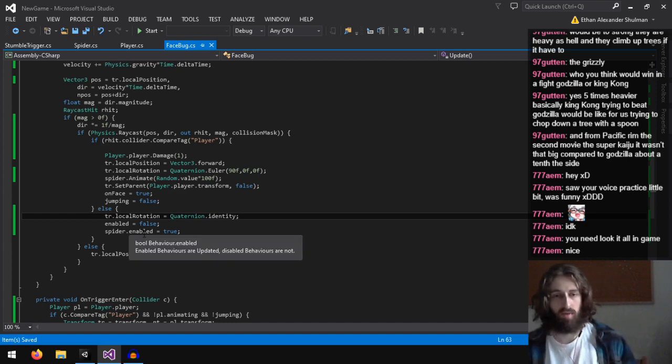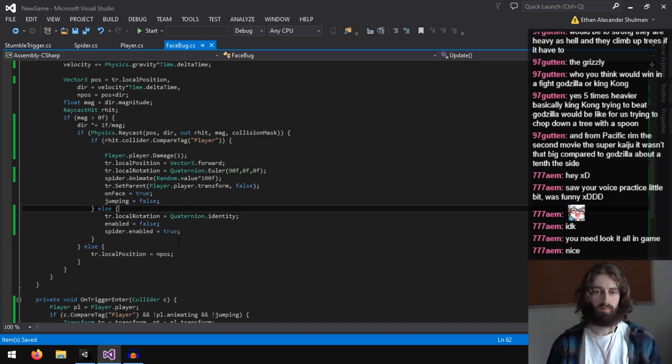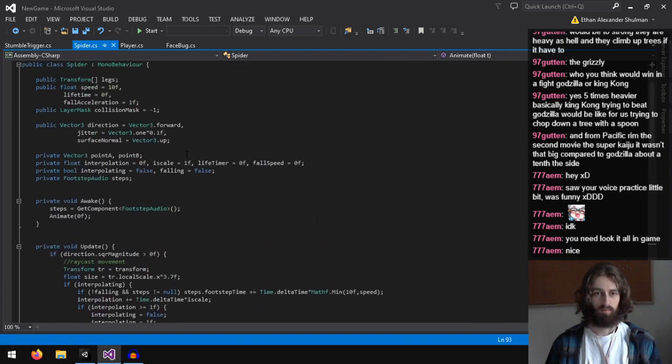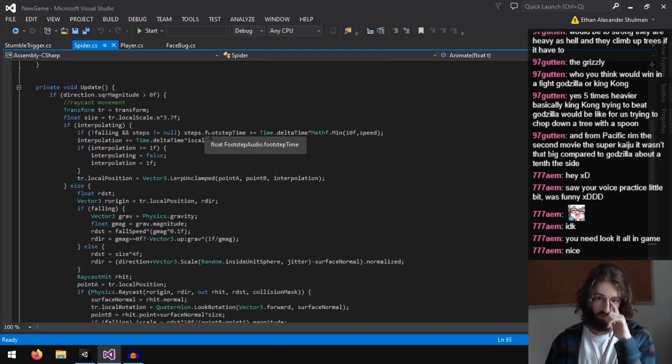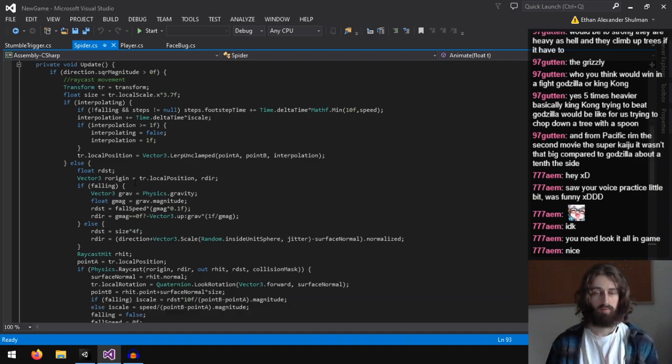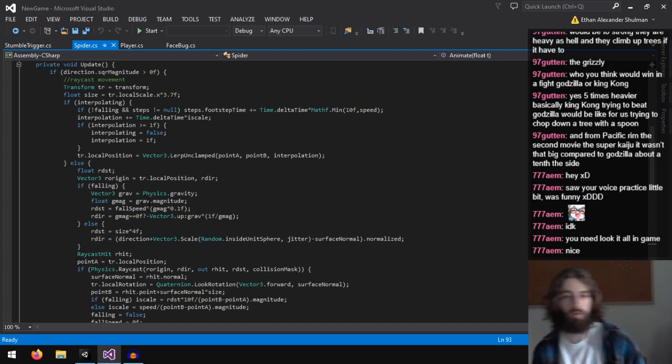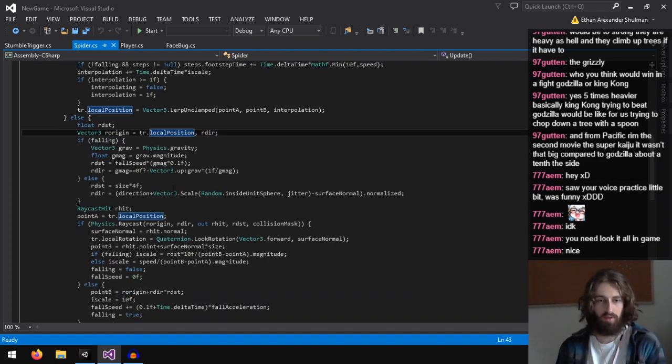Enabled false, spider enabled true. Is it because it offsets the player's position? Not falling, direction, minus surface normal, origin equals local position.